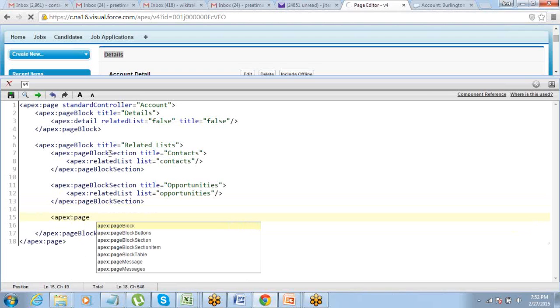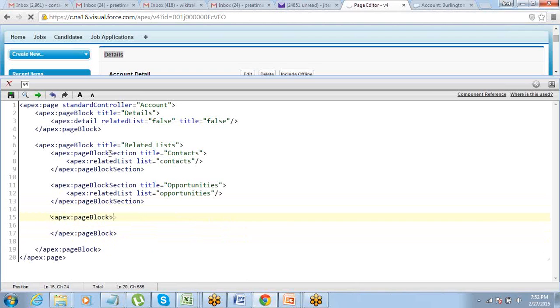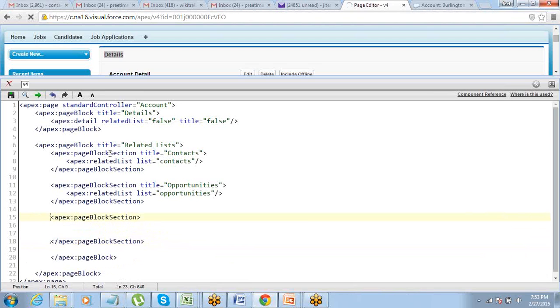Apex:pageBlock. So it's not page block, it's page block section. Title, cases,